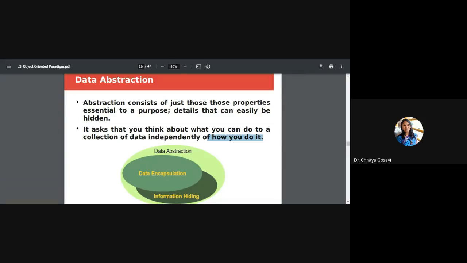For example, if I want to do sorting, it will just show accept input, sort it and display it. You are not interested in which sorting algorithm is used at the back end. Initially if you used bubble sort, then you want to change it to shell sort, so that back end algorithm can be changed without affecting your front end.